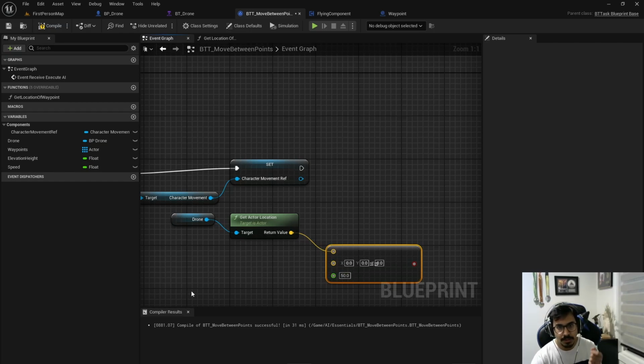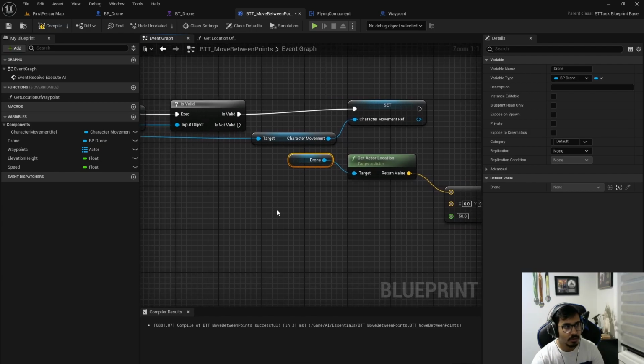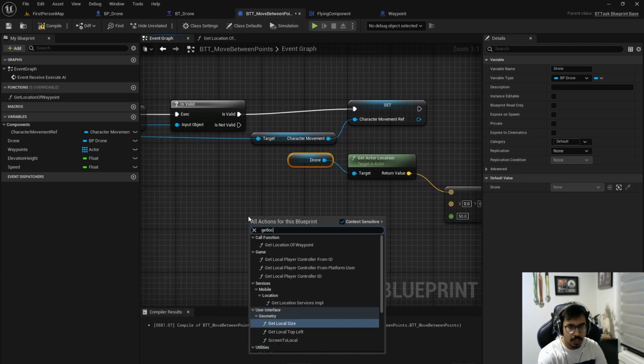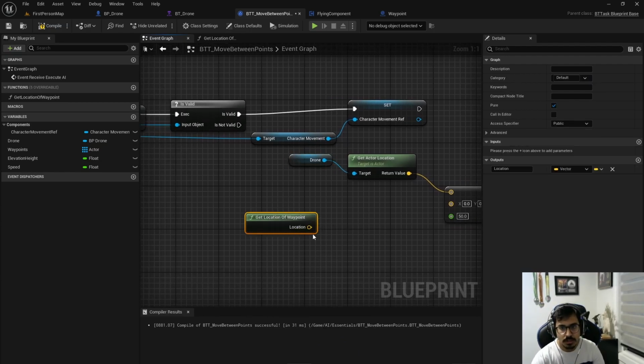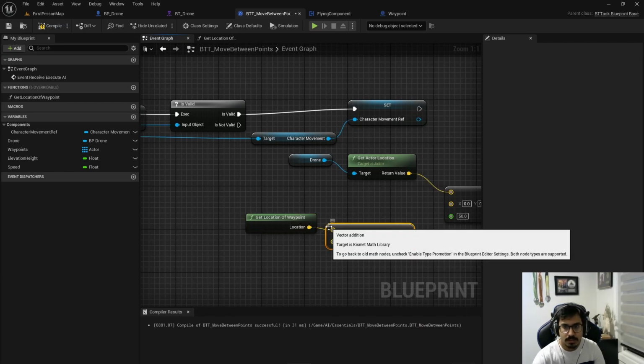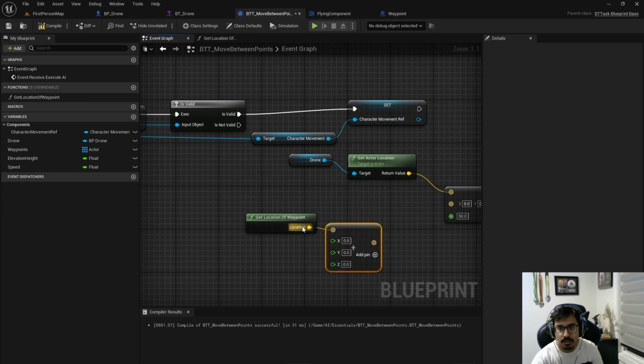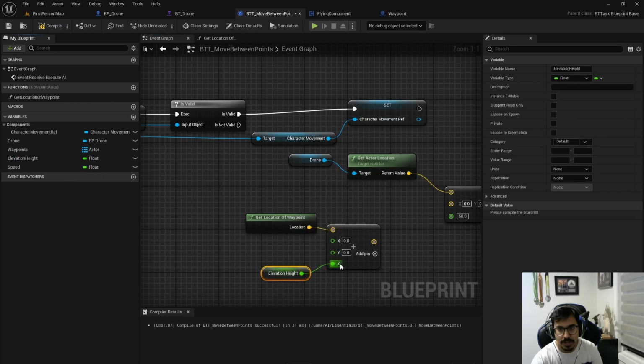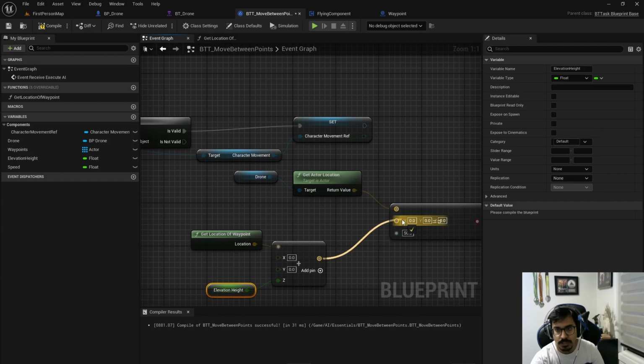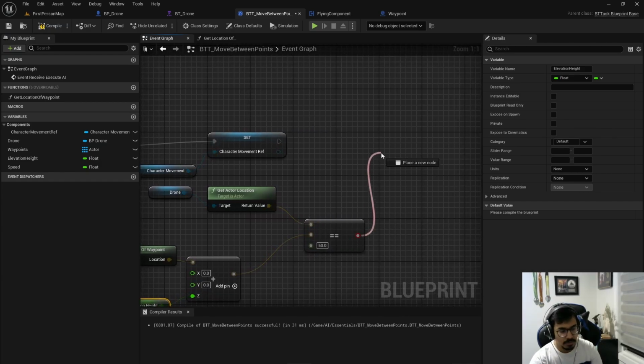So we are checking if the drone location is over top of the waypoint location. So for that we have to get the drone, we have to get location of waypoint, we have to add, let's split the struct, and once you do that you have to drag in the elevation height. So this will give you the height of the drone. So once you get the height of the drone, when you add it, it comes down to the actor location. So when you check which is equal to that, we have to add a branch here,